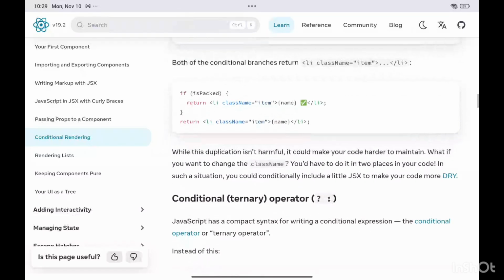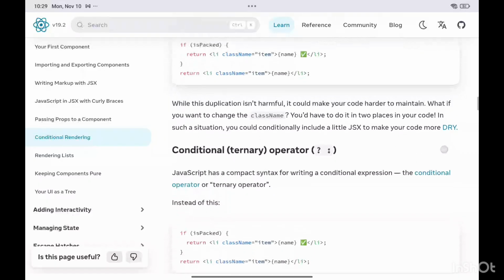While the duplication is not harmful, it could make your code harder to maintain, right? Harder to maintain means, suppose here if you want to change the class name, you have to change it in two places. So that's why it is telling it is harder to maintain. And likewise, if your code grows, this duplicate kind of thing will need duplicate effort. So here comes